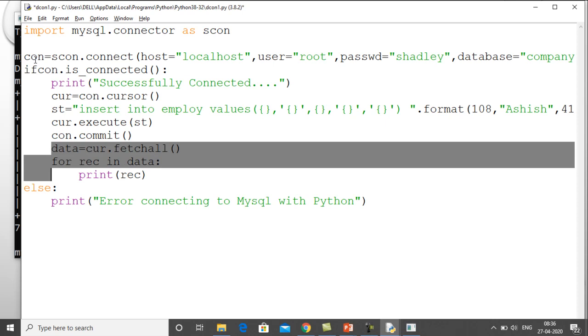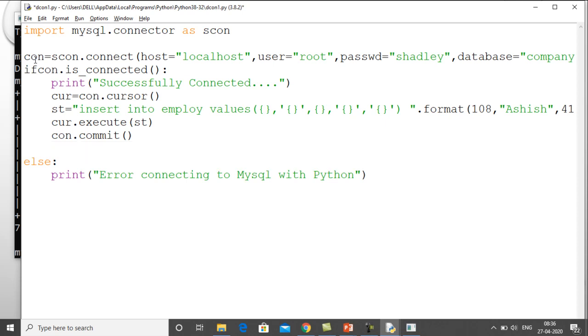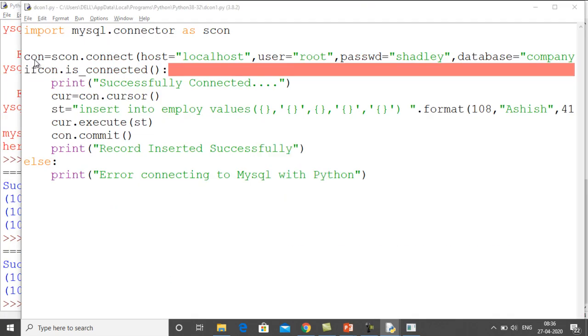I will simply write the statement that print record inserted successfully. Okay, if the record is inserted successfully, then we'll definitely get the result.